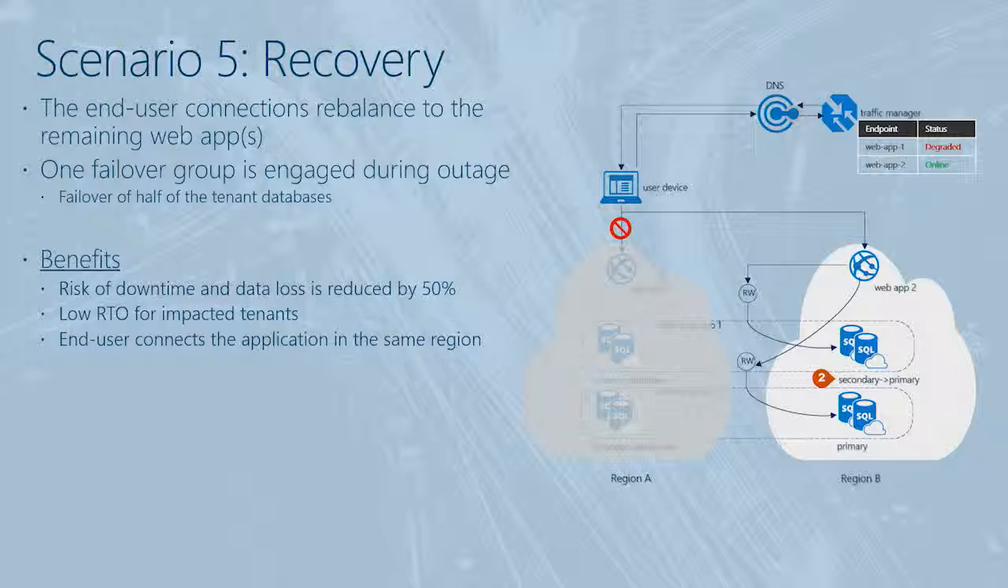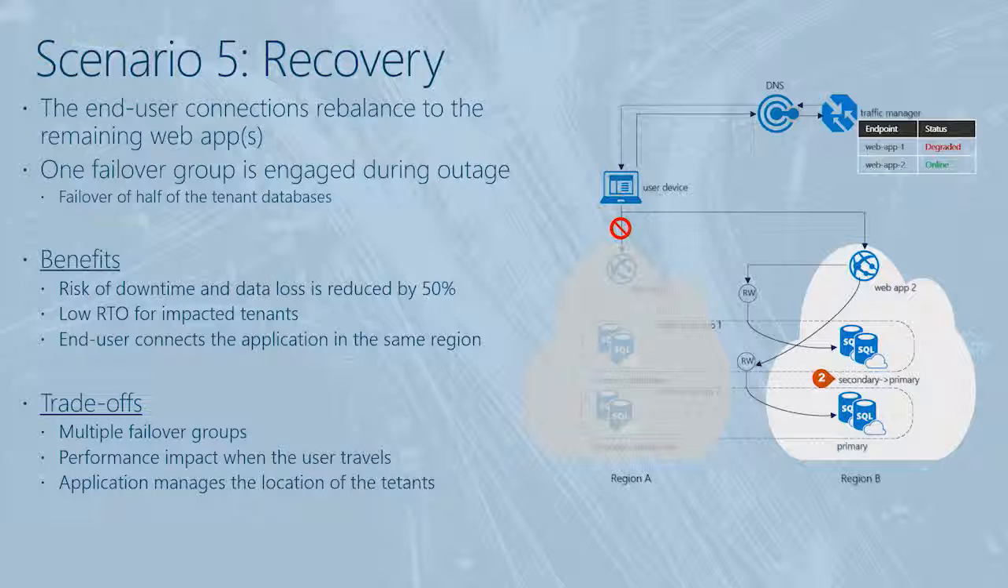Now, of course, the benefit, like I said, is that the risk of any sort of impact, data loss or downtime, is reduced by, let's say, 50%. For impacted tenants, RTO is low because failover is a quick process. It takes minutes and you're back in business. And the end user in the same region always connects to the tenant database in the same region, which is again a performance characteristic. As far as trade-offs, in this case, you have to use multiple